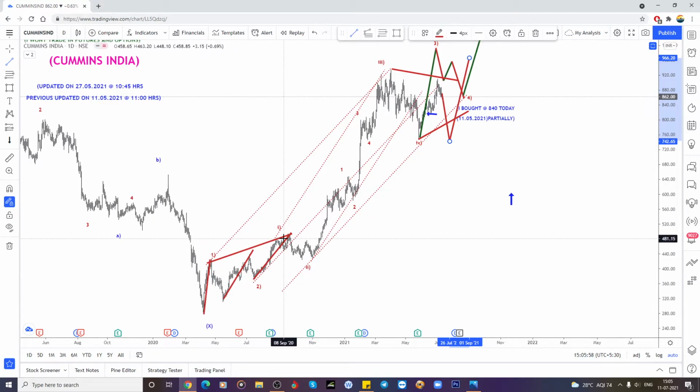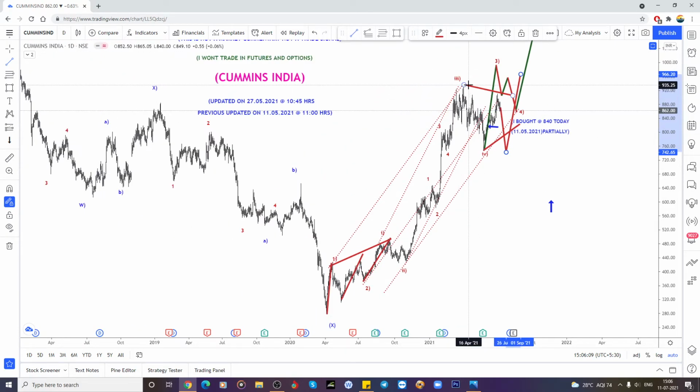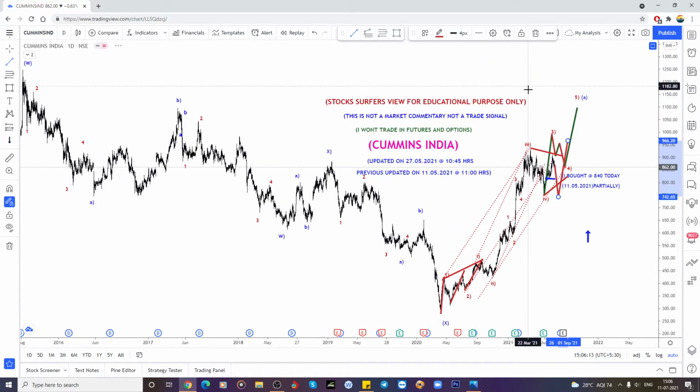If it is a leading diagonal wave 1 2, so this is the 3 4, and it could make a 5-wave structure from here also, or it could make an irregular flat, or it could make a triangle. So only one wave is pending for the 5th wave, to the target of 950 is possible. So next is